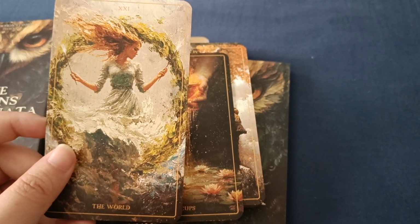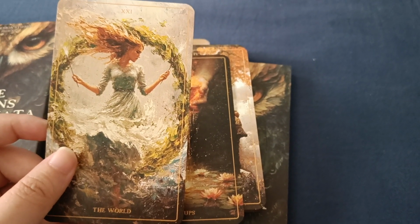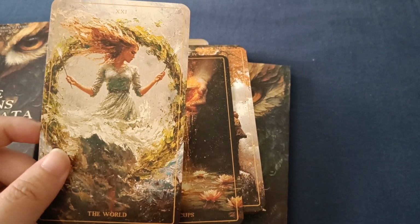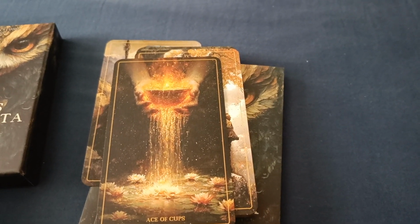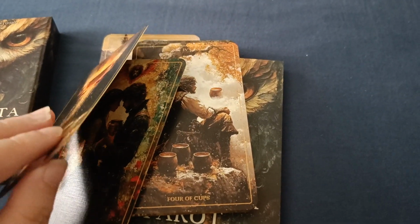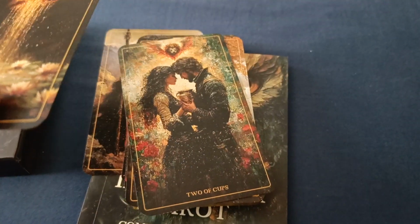It's kind of different from what we usually know as the world card, I think. And that was the major arcana. I'm not gonna look through all of the minor arcana. Oh, but